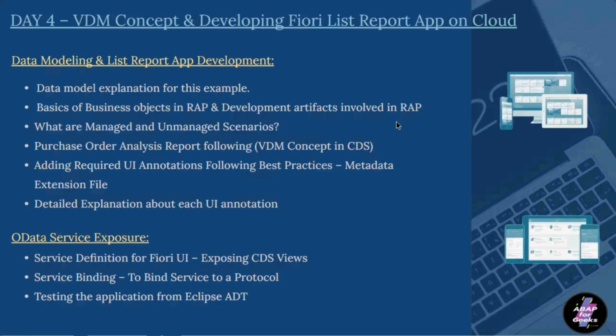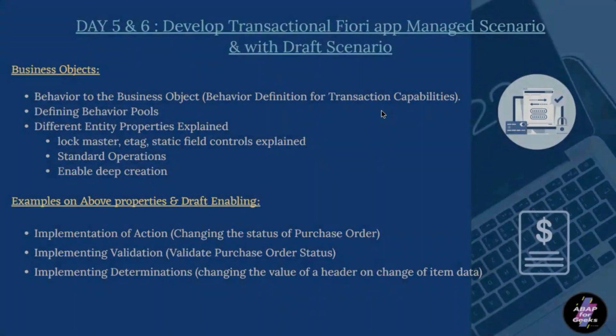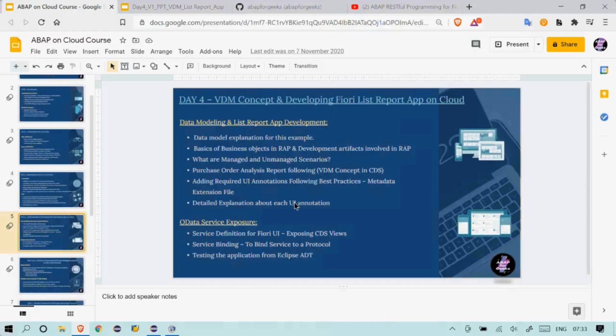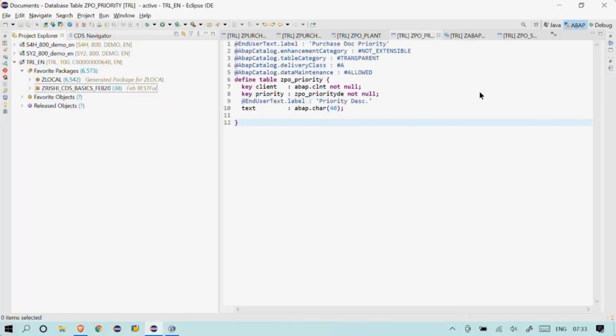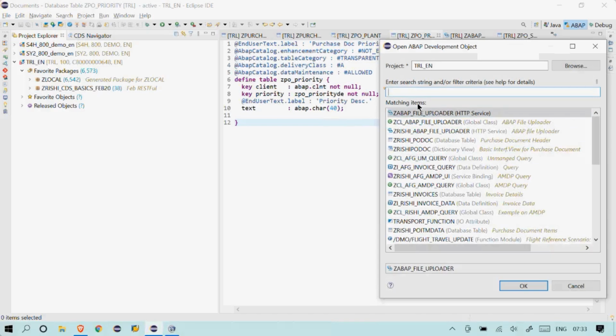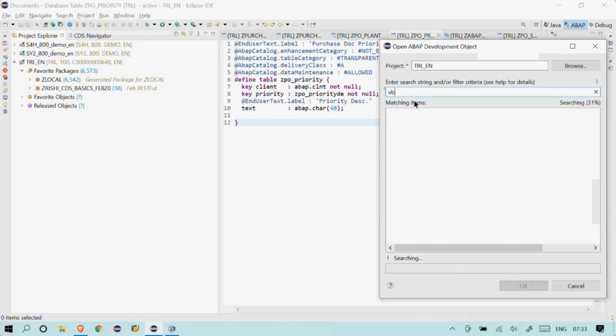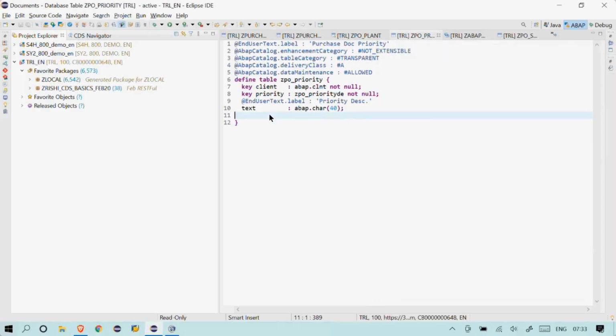cloud environment and all. So in order to create a CDS model, first we should have some database tables. As I mentioned earlier, unfortunately we will not have access to standard tables in SAP from our cloud. So if you search for the standard tables, you will not be able to find them.